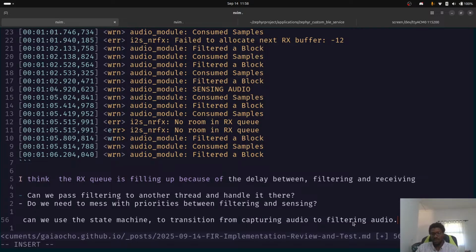So the problem was, as I've stated here, if we added a new thread for filtering, do we add some sort of priority so that when it finishes capturing, it goes straight to filtering? And that's a problem, because you don't know. Something more higher priority could happen in the